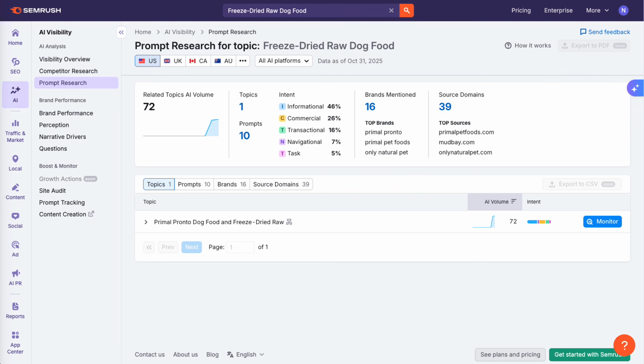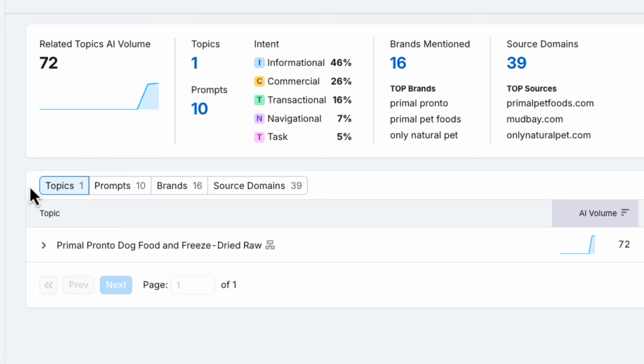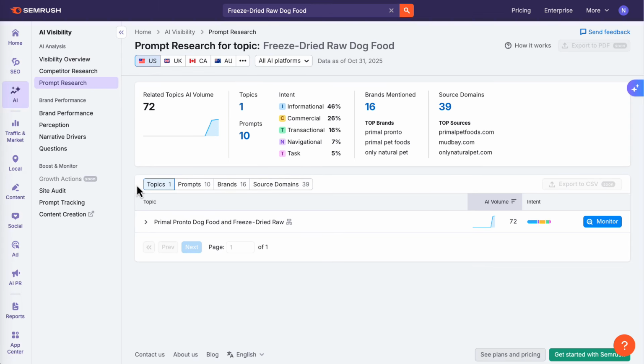So now that we've taken a look at that, we want to go a little step further and analyze the related topics here. And that is what we are going to do down below. So the topics tab, as you can see here, is selected by default. And this is going to show us a table of all of the specific topic clusters related to your phrase. So again, I have a longer keyword here, so we're going to have fewer topics. If you put in a shorter keyword or keyword phrase, you are likely going to have more topics